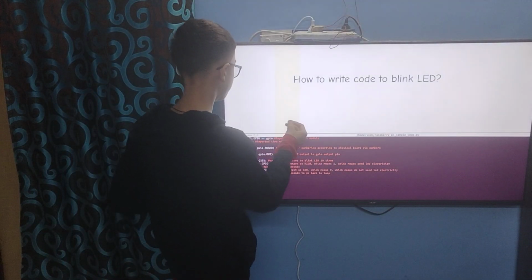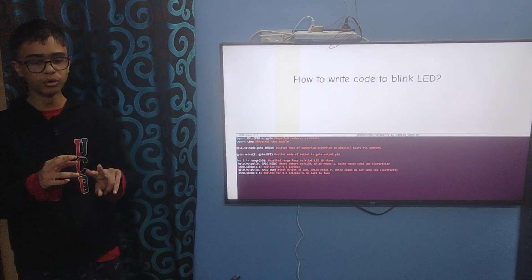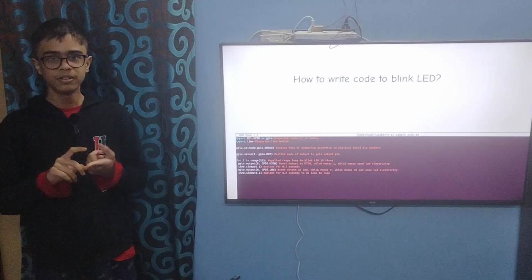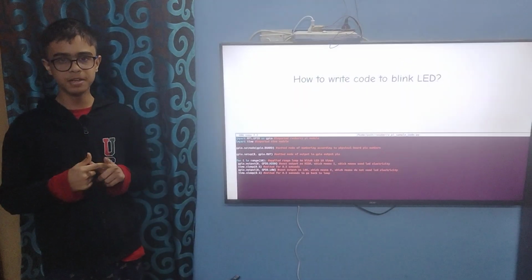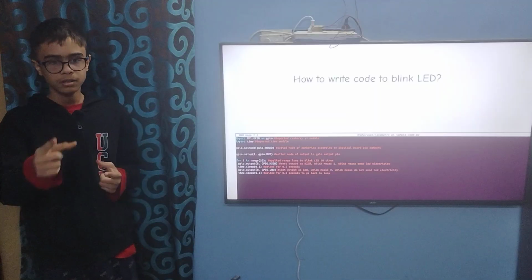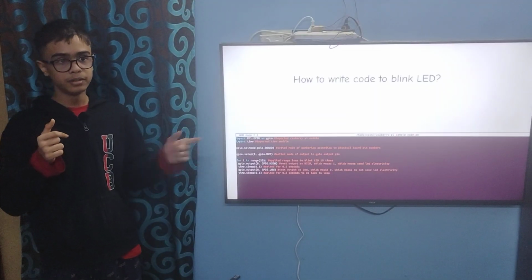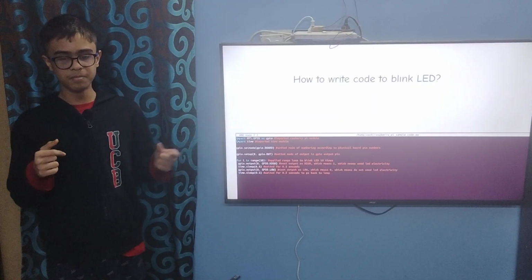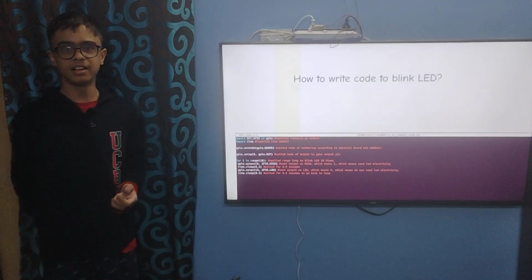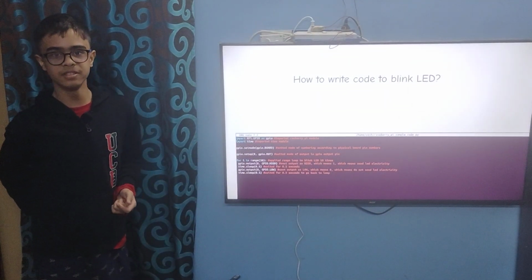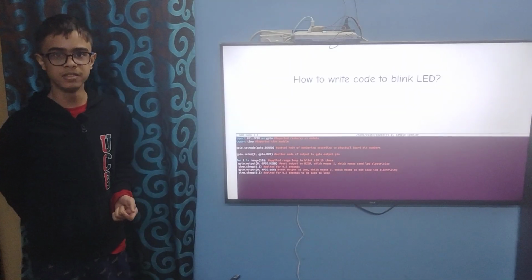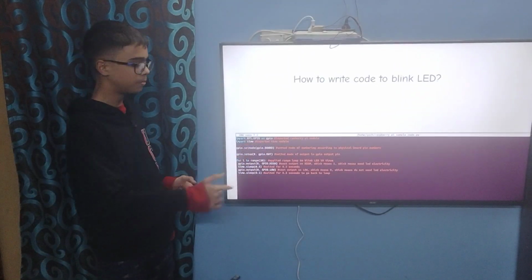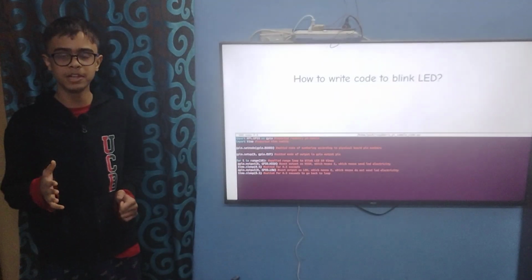And then you have to set the mode of numbering. There are 2 modes of numbering in Raspberry Pi. First one is board and second one is BCM. The board numbering is the numbering mentioned in Raspberry Pi diagrams physically. They are the physical and raw numbers of pins, and BCM numbering has a special map with the numbering of the board pins. So I recommend you set board because they are directly visible in the Raspberry Pi diagram.